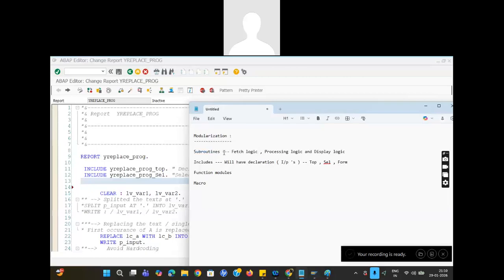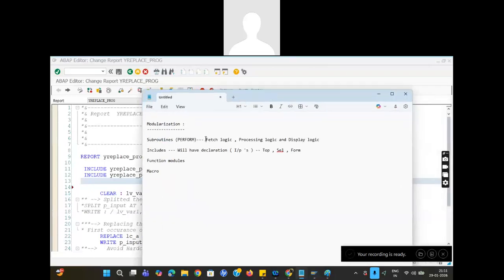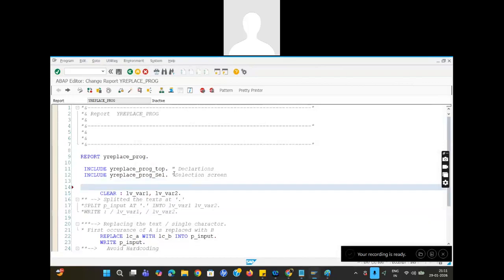So what is the standard for subroutine? We can call it processing logic. So the logic part will be there in the subroutines. It can be a fetch logic, it can be a processing logic or display logic. These subroutines generally see report is having input declaration. So logic will be starting; the first event I'm introducing you today is start of selection. This is the first event